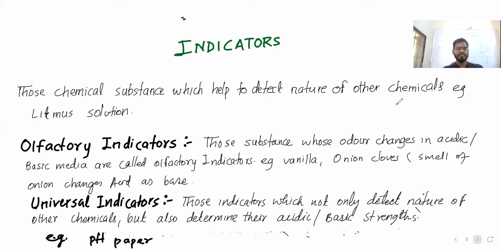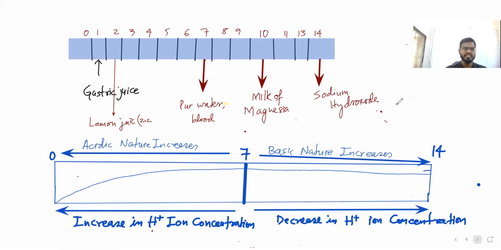We can say ultimately this pH paper gives the pH. P is potent, H is the H plus ion, that thing is there. So this gives the strength of acid as well as base. So different numbers will be there, 1 to 14. So from that we can identify which is strong, which is weak. So if you see, this is the pH paper, 1 2 3 4 5 6 7.